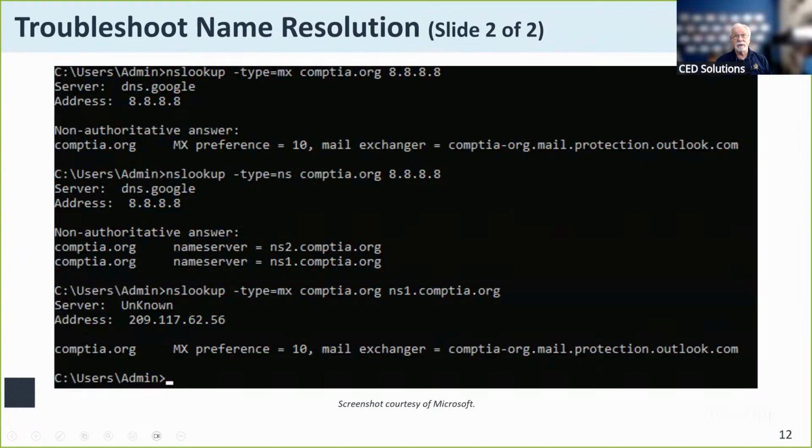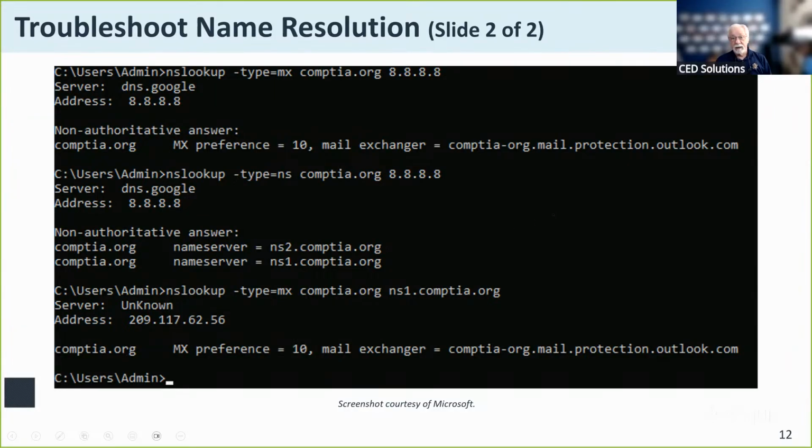So according to the type of record that is stored on that server, the nslookup command, this here says I'm looking up, and the type is a mail exchange server, and I want you to give me the information on this fully qualified domain name, CompTIA.org. And the information I'm getting it from here is the Google DNS server. So it comes back and tells me the information there. And this is the primary and the secondary DNS servers inside of CompTIA, the N1 and N2 servers there.